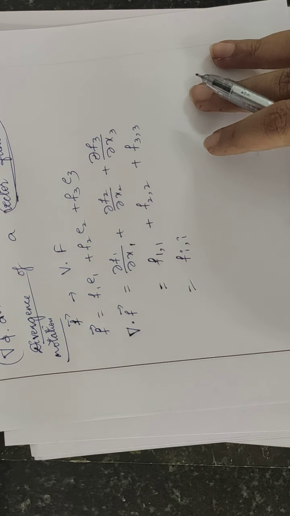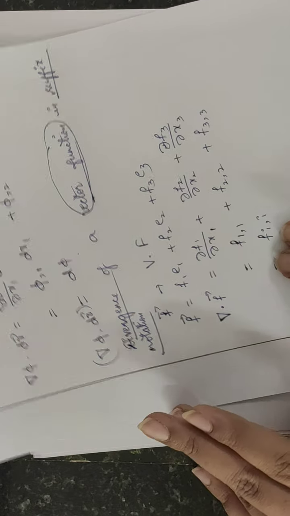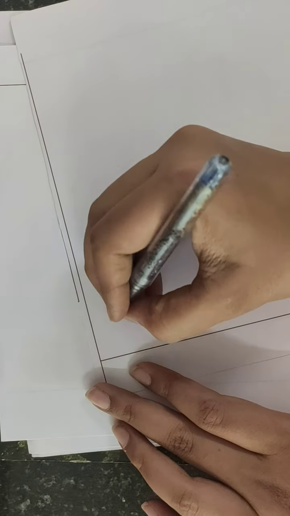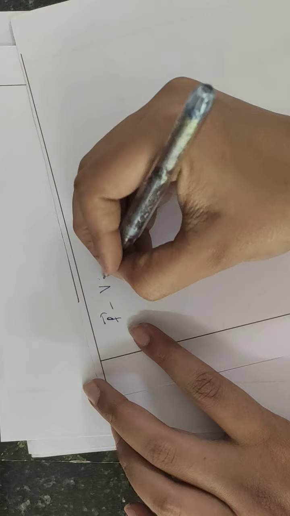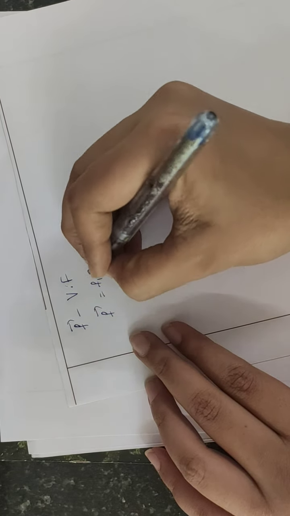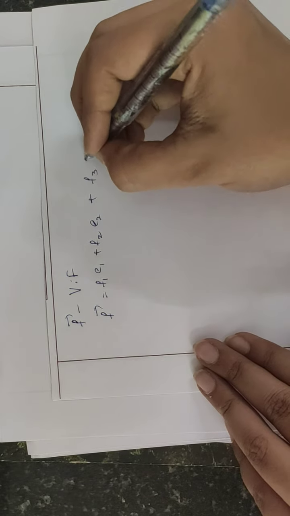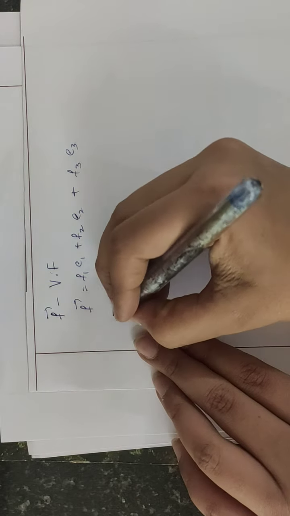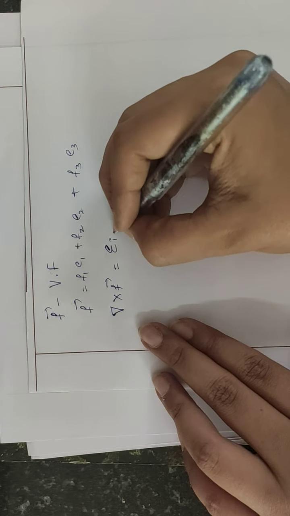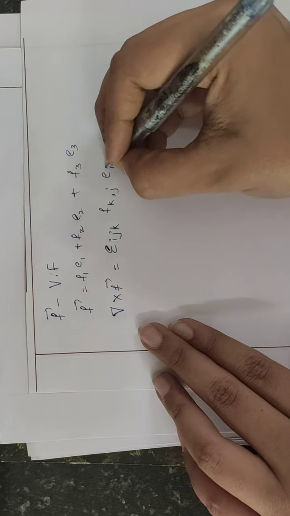So similarly we can express curl of a vector function in suffix notation. So how will we define curl? For that let us consider a vector function as f. This is my vector function. So f will be of the form f1 e1 plus f2 e2 plus f3 e3. So curl of f means del cross f. This is nothing but epsilon i j k f k comma j e i, right?